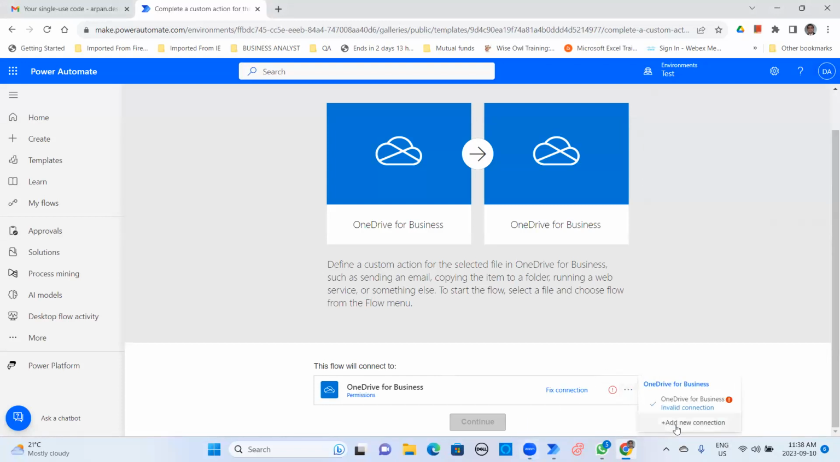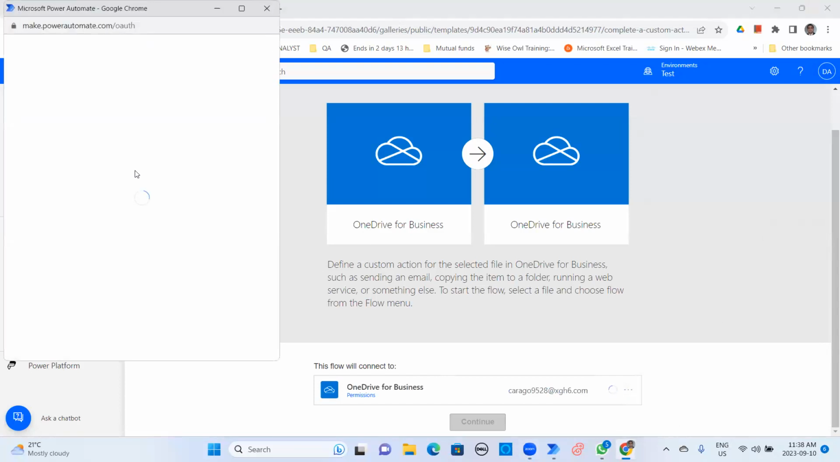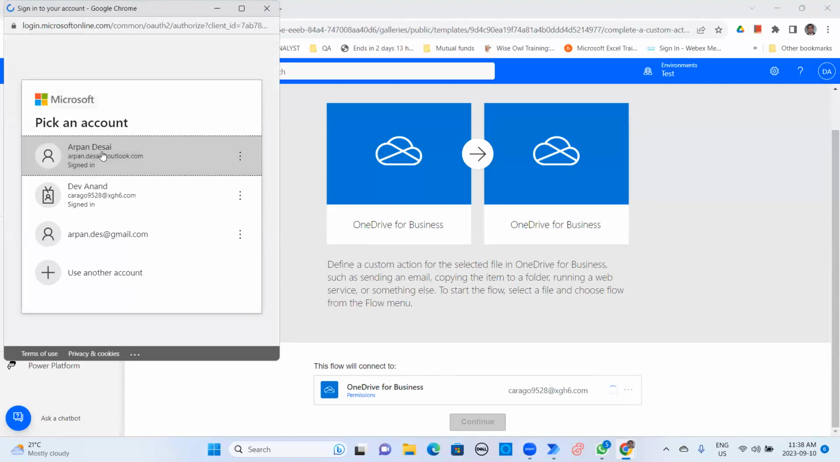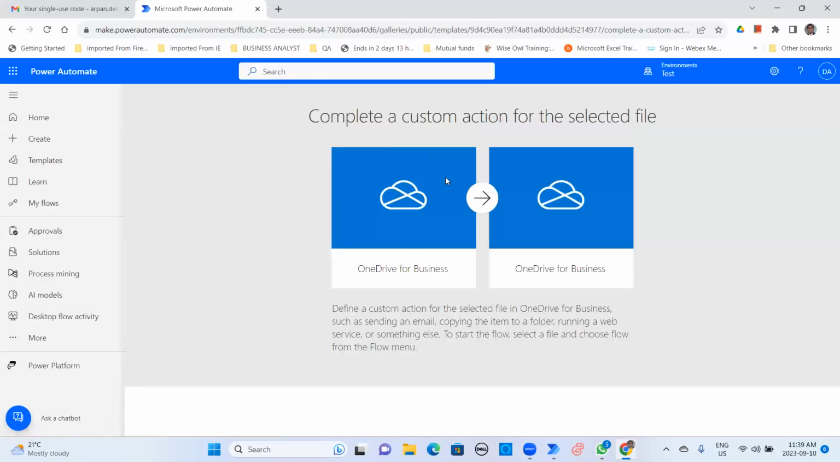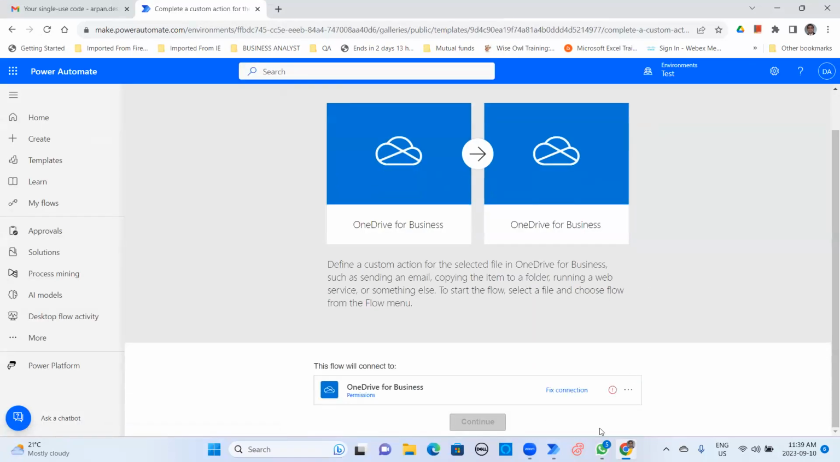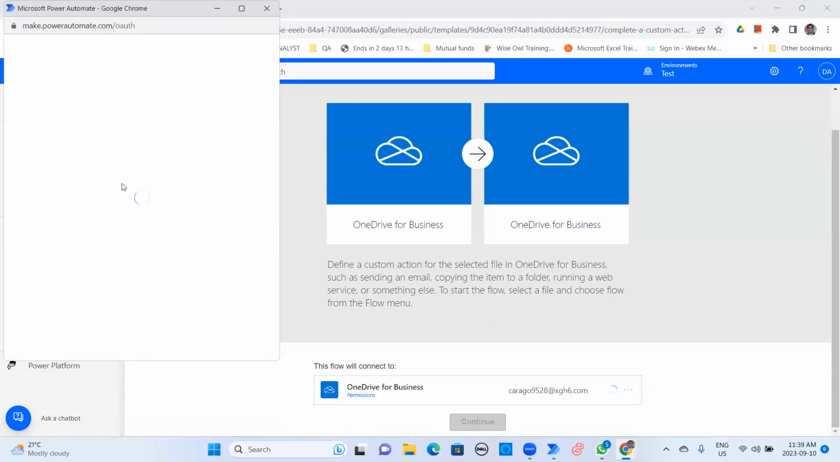What I'm trying to do is add a new connection over here, right? And when it goes to this, this is the personal one. It says it's done, but it's not showing up over here. It doesn't show up. If I say add new connection again,